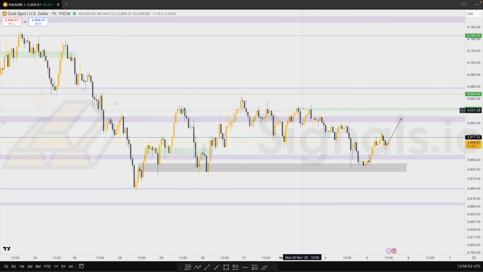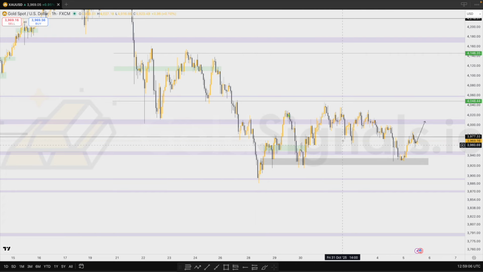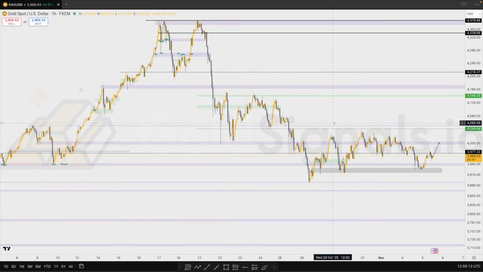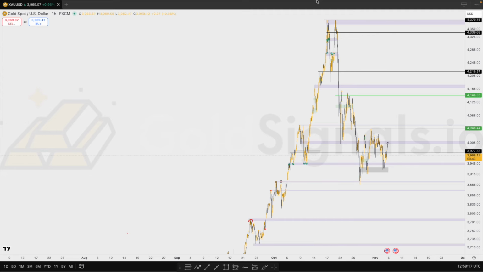If we see price come up to test in and around these levels here, then we're just going to expect price to react as a resistance and then drop back down and continue this consolidation. If we see a break of this highest point here at around 4,045, then we will consider price pushing into this, not last week's but the week before's consolidation area, and then start moving closer and closer to create a new all-time high, because as you can see, we are sort of in the depths of this overall